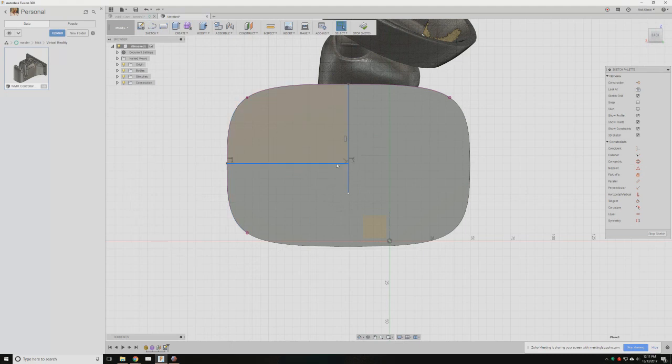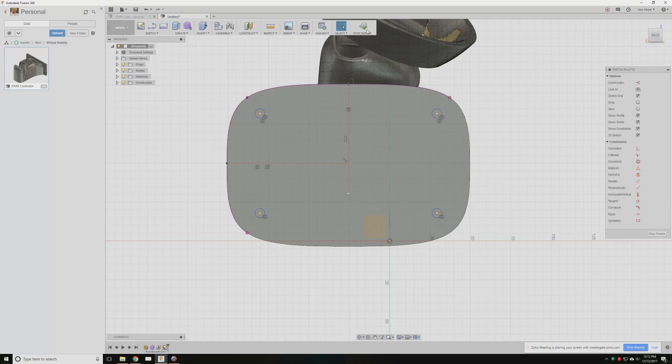And I'm going to hit X to turn those into construction. So I'm going to kind of guess that that is my center line. I'm going to sketch a circle, maybe right over here, and then sketch a mirror of this circle across this mirror line. And then I'm going to do the same thing, except I'm going to mirror this and this across that mirror line. Awesome. Now we have those kind of 4 circles floating out there,